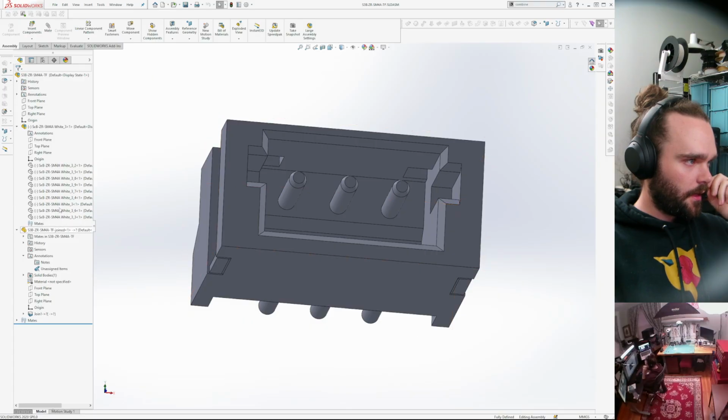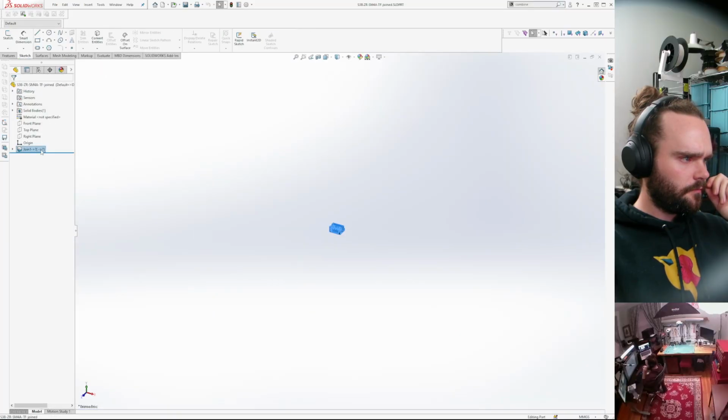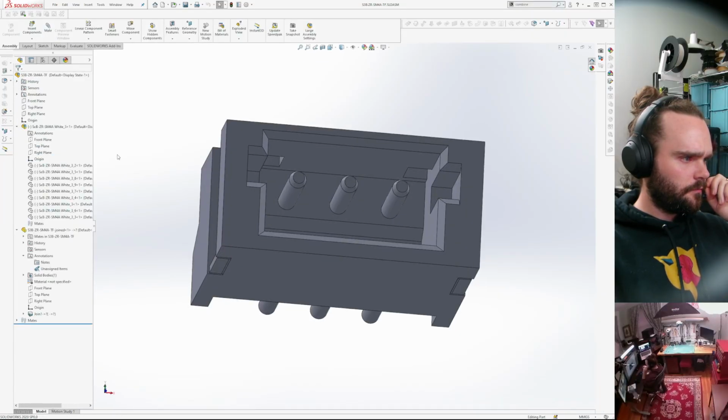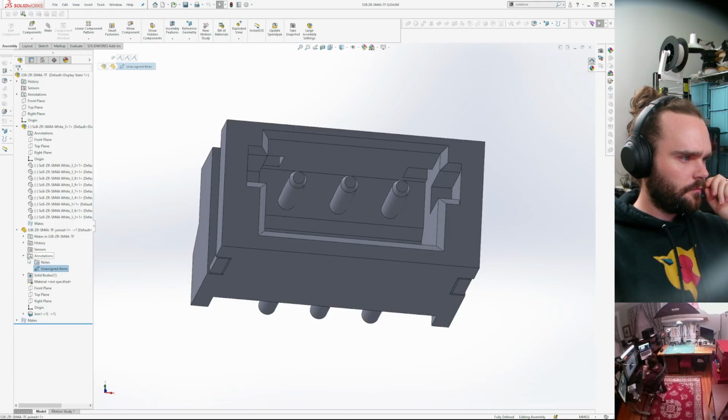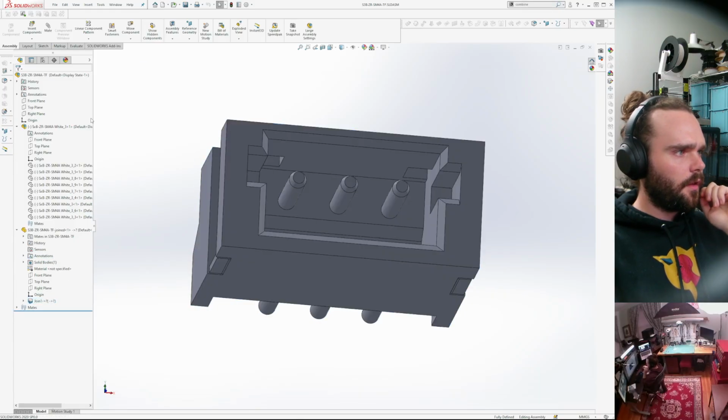So I guess it doesn't like that there's a top level assembly here. Yeah, whatever.